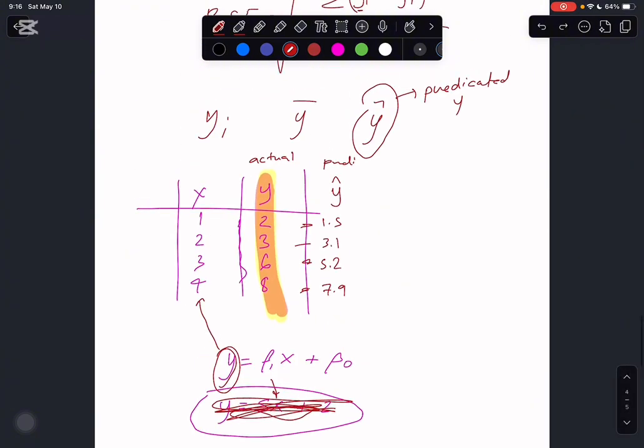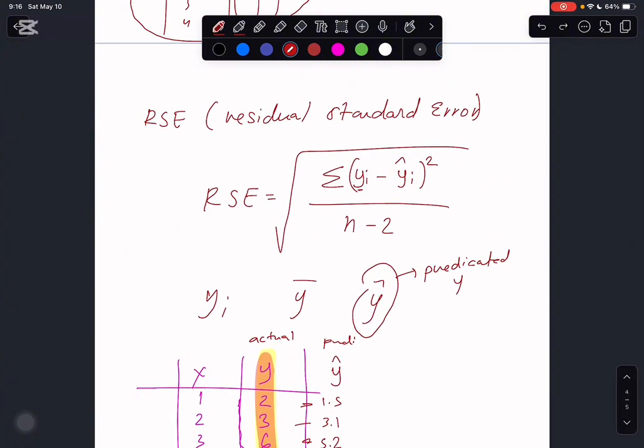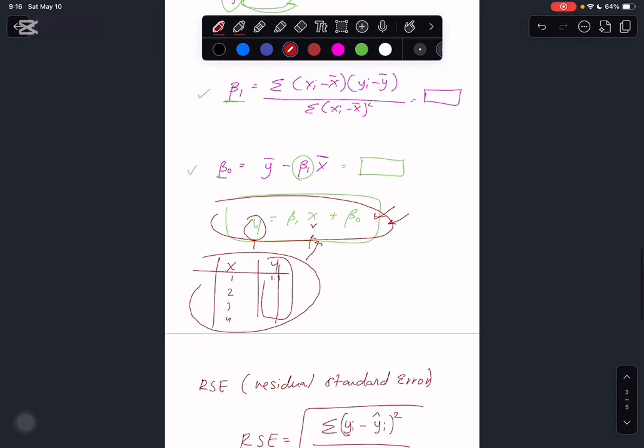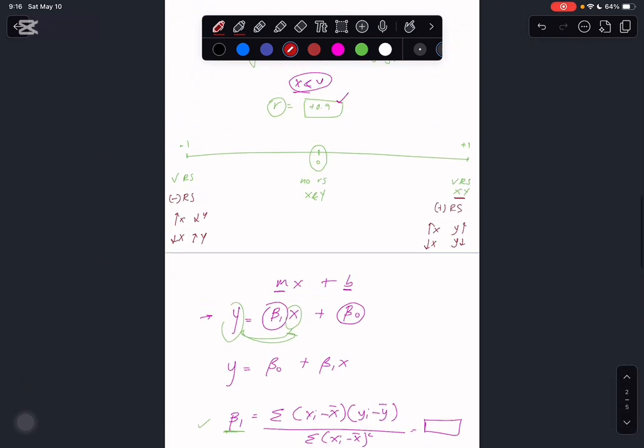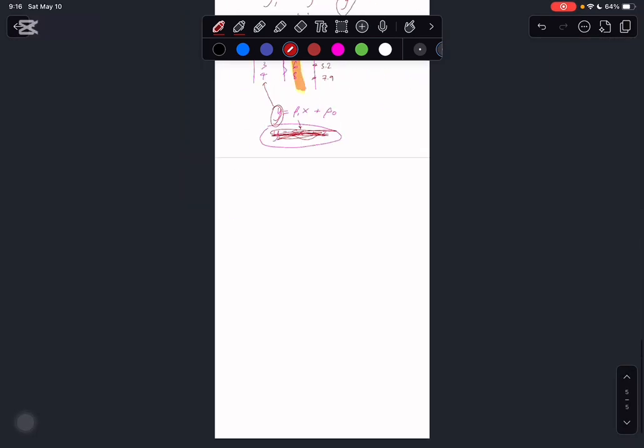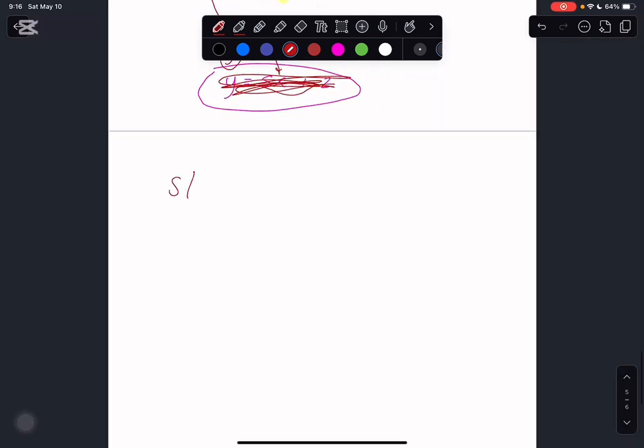So now we have an error between the predicted and the actual y's. Mathematicians love finding errors everywhere. I gave you the equation, right? Now I want to find the error of b1 and b0. What is the standard error of b1 and b0? There's another equation for it. So to get the standard error